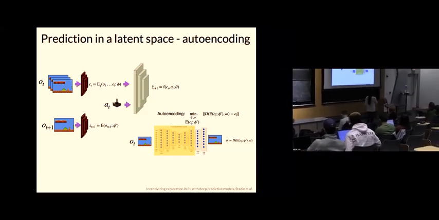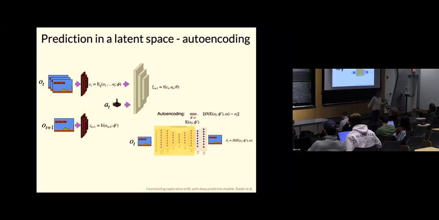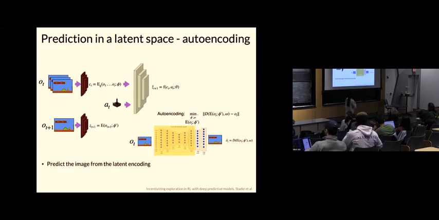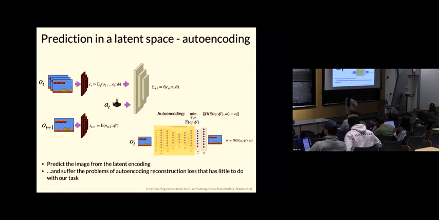So let's see what other solutions people tried. They said, okay, it collapses. So what if I take my latent features and put them into a decoder to predict pixels? In this way, my latent space is visually grounded. So basically, you train an autoencoder to go from an image back to the same image. Then you take this as your encoded feature vector, and you add the remaining losses. That's it. So basically, we have exactly the same thing as before, but we also add on top of this an autoencoding objective.